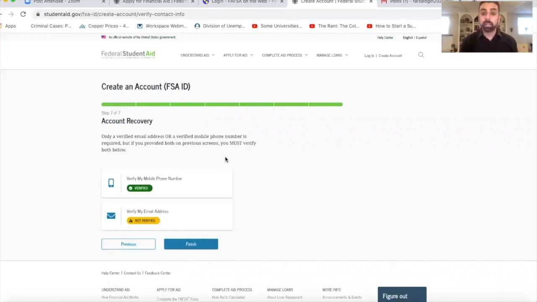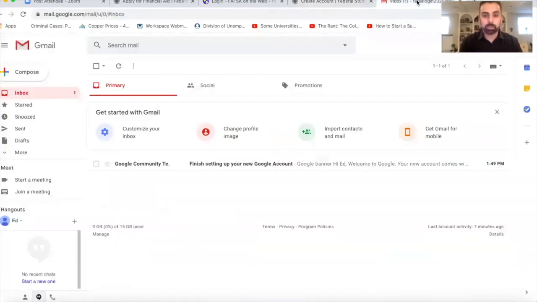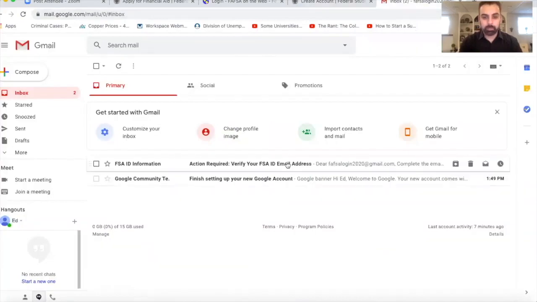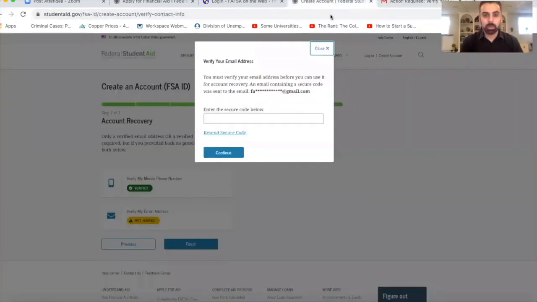Now let's verify the email. So we do the same process. We'll click on the verification, which has not been verified, and it's going to send me a code to my email. So I go to my inbox for the email I created just for this, and here we see the FAFSA ID code has been sent to my email. So I click on the box, and here we are. Here's the code. I can just copy and paste this code and go back to the FAFSA box here, click